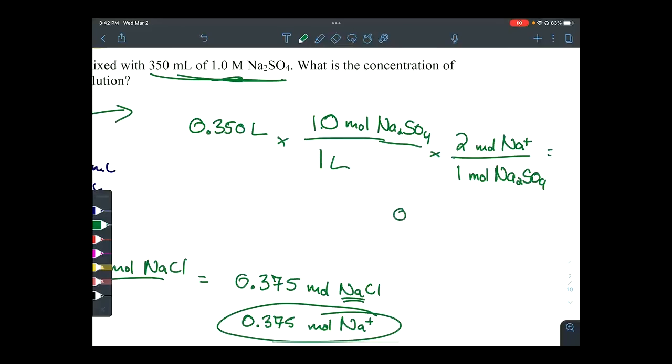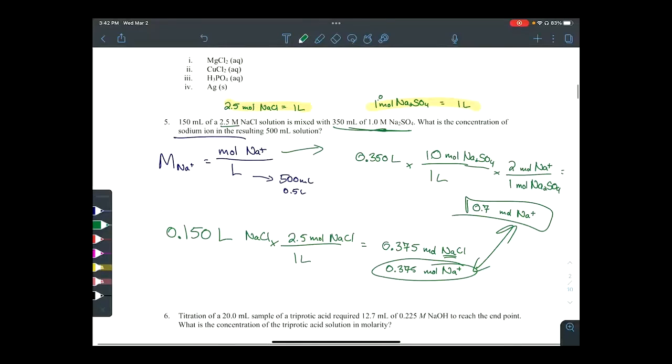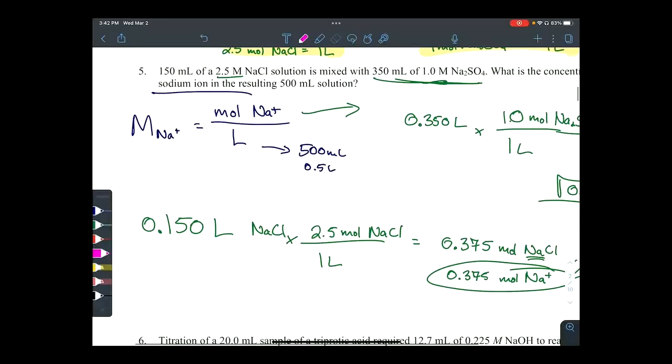So there is 0.7 moles of sodium plus coming from the other thing. So we just add those 2 numbers together, and that's our numerator. All right, so let's put this together. So if we go back to our equation over here,